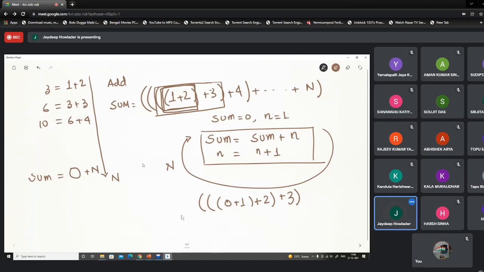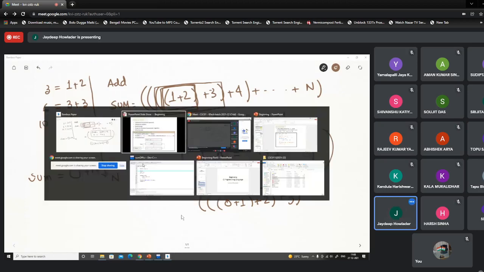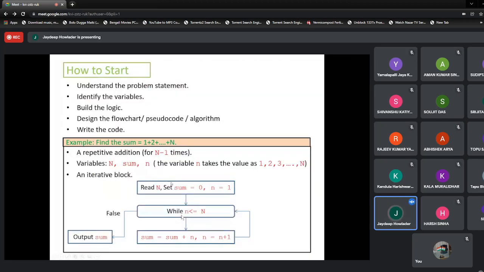Okay. So how can we instruct the computer to make iterative operations, or to make a loop type of scenario? Before we go to that, we have a flow chart. The flow chart looks something like this. We'll go into details of this part, but just to understand, we have to initialize. We have to read, meaning we have to initialize the capital N. We have to set the sum to a value of 0 and n equals to 1.